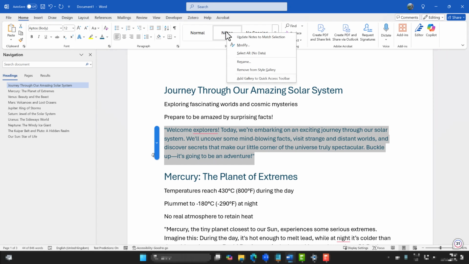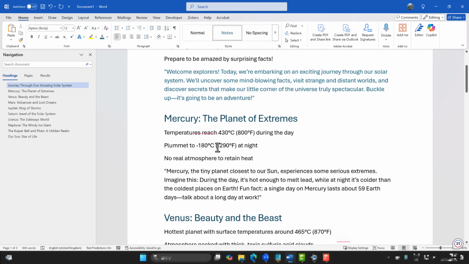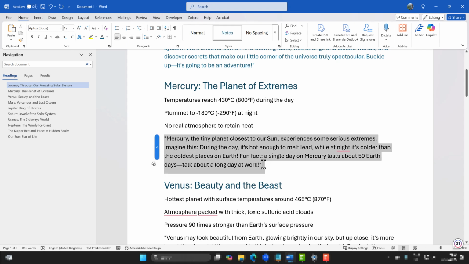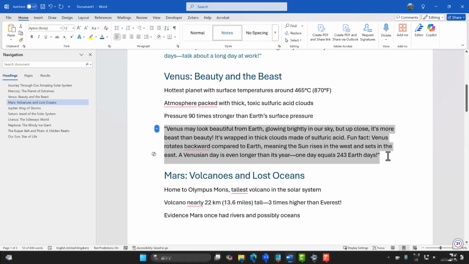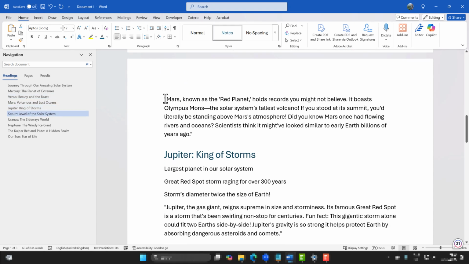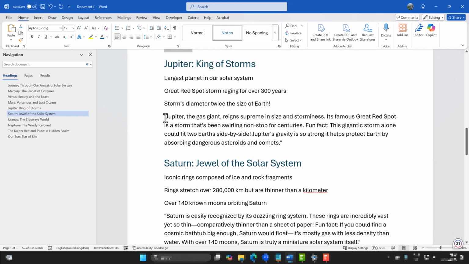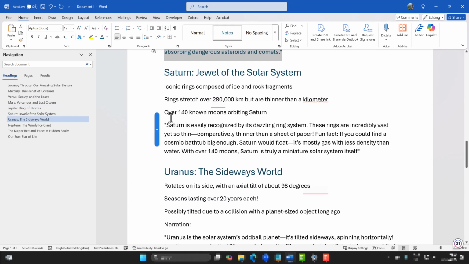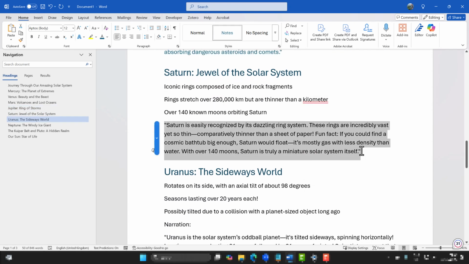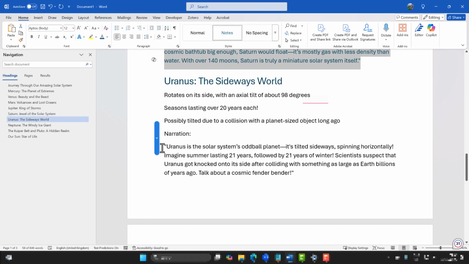And then I'm just going to right click the notes and choose Update Notes to match selection. I'm now going to apply this to all of my slide notes, like so. So I have 10 slides, so I have 10 sets of notes. And all we're doing is we're telling this exactly what I want to be turned into slide notes. So I'm just selecting all of these here.